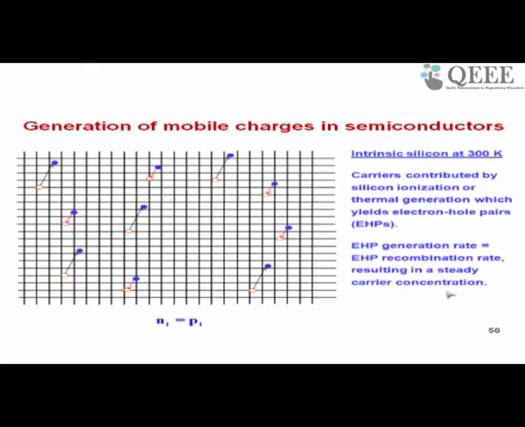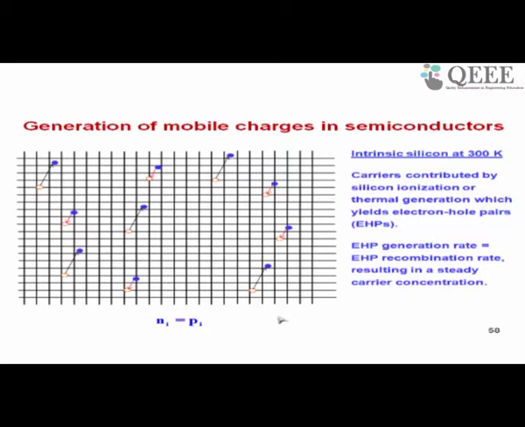Only then you can have a steady population concentration. So that is what is written here. The rate being equal, you get Ni equal to Pi. N is electron concentration, P is so-called vacancy concentration, positive charge concentration, and i refers to intrinsic semiconductor. Now let us look at this positive charge a little bit, or the vacancy. Why the vacancy acts like a mobile carrier or mobile charge of positive polarity.